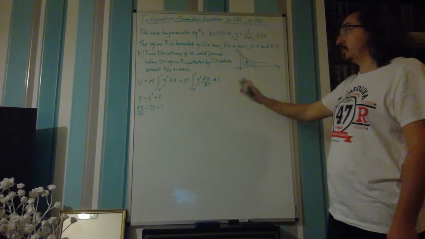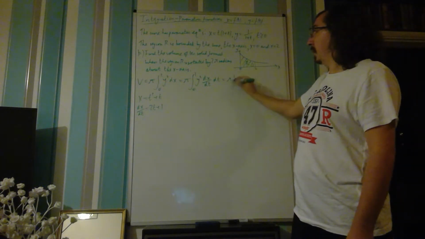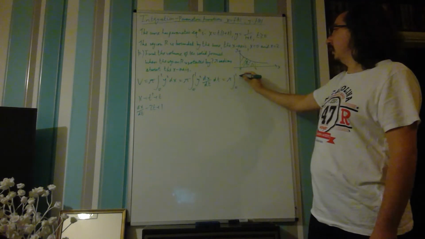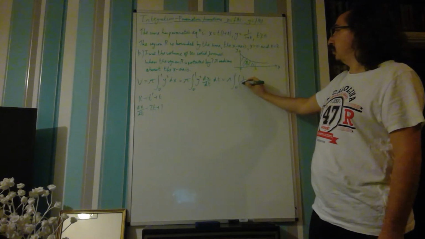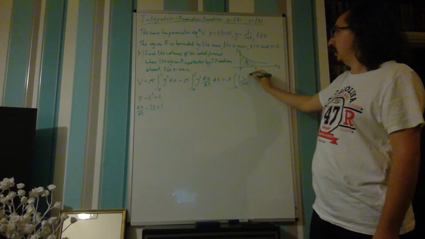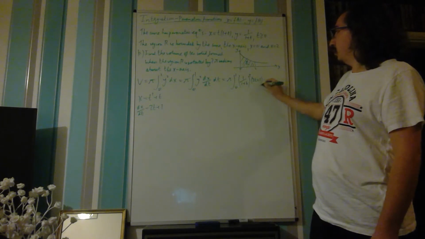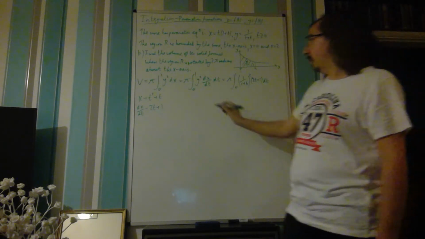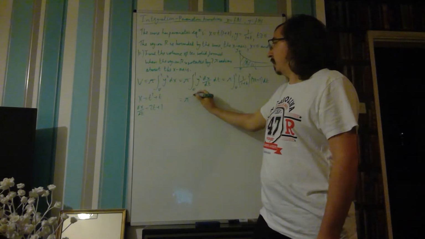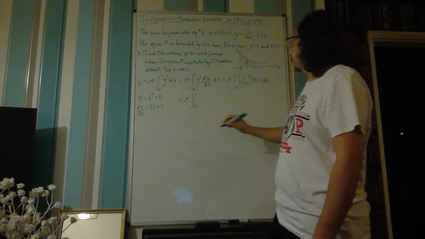So we can substitute those in to say really we're integrating y squared, which is 1 over 1 plus t squared times 2t plus 1 dt,